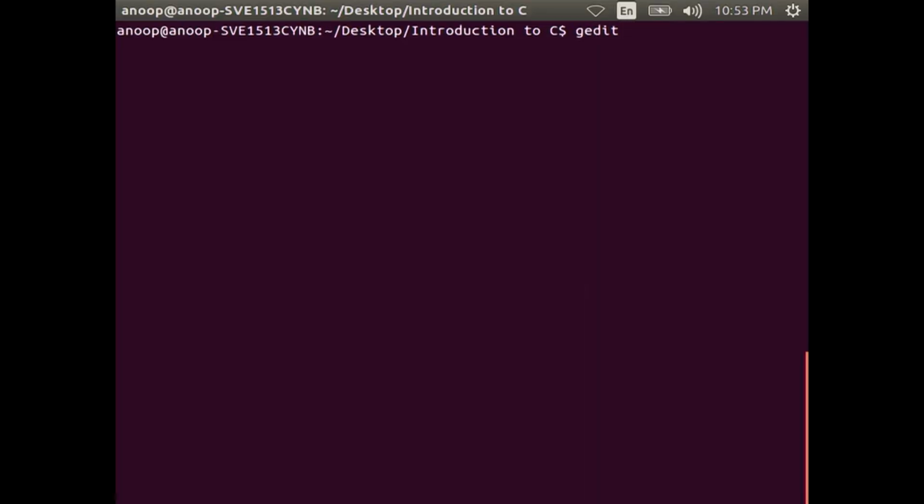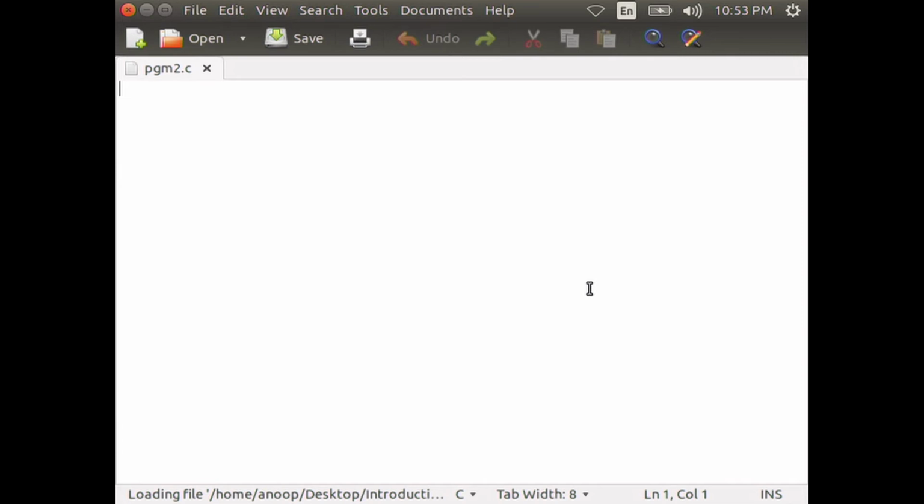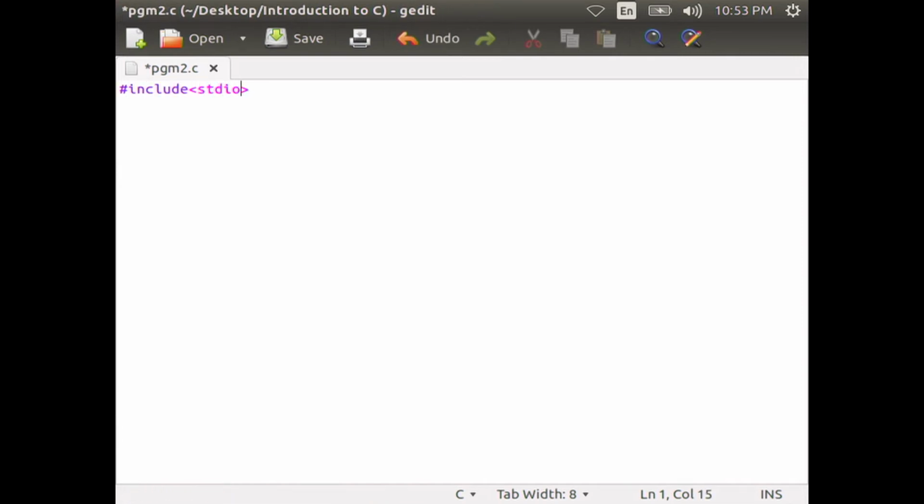Let us now type this program: #include <stdio.h> and define the function fn, that is void fn with parameter int b, then within curly braces printf("value of a in function fn = %d", b) and close the curly brace.